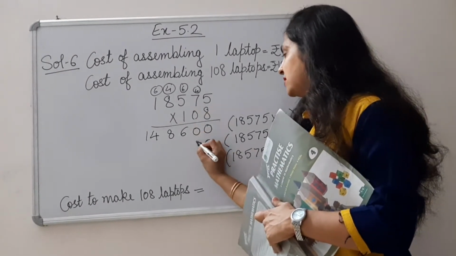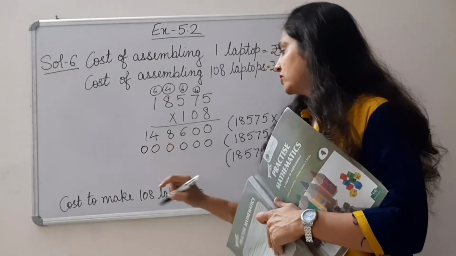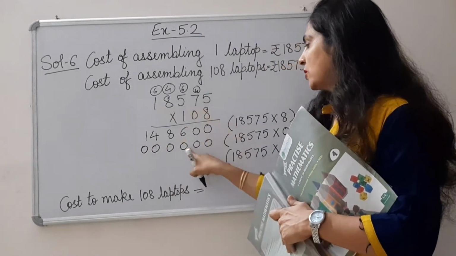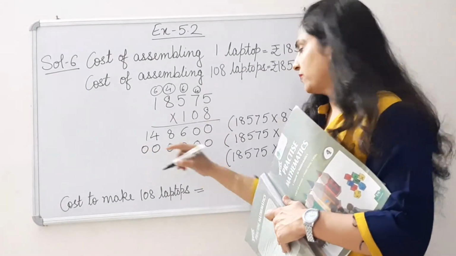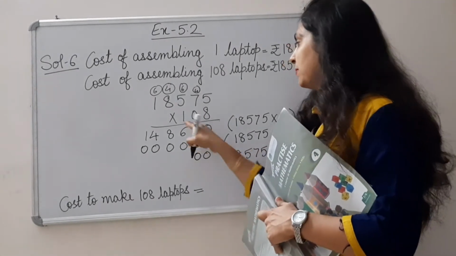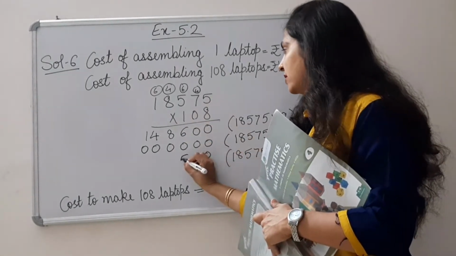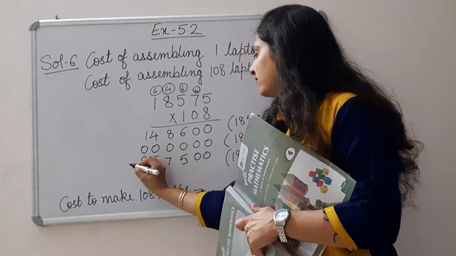When we multiply 0 by any number, then we get 0 itself. So, 5 digits are there, so I write 5 zeros over here. Now, I have to put 2 zeros here. Then we will start multiplying from this. 1 5 is 5, 1 7 is 7, 1 5 is 5, 1 8 is 8, 1 1 is 1.